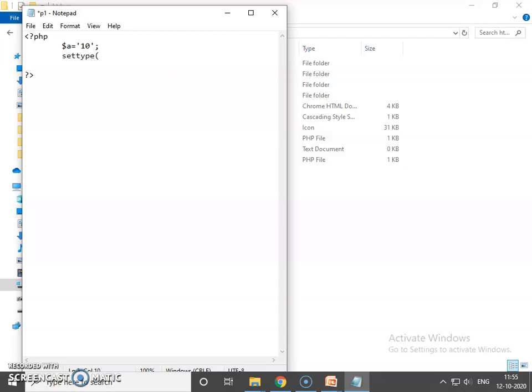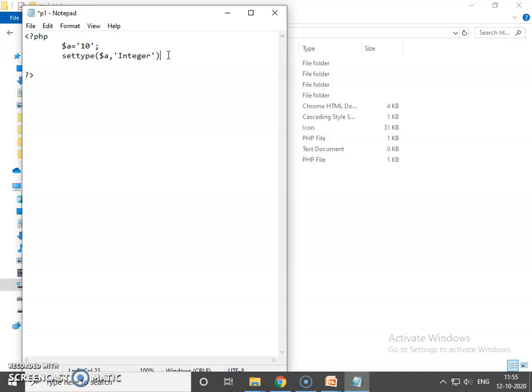In the brackets, two arguments are passed in the settype function. The first argument is the name of the variable, so $a, and in the second argument we have to use the new data type. We have to set integer data type for $a.